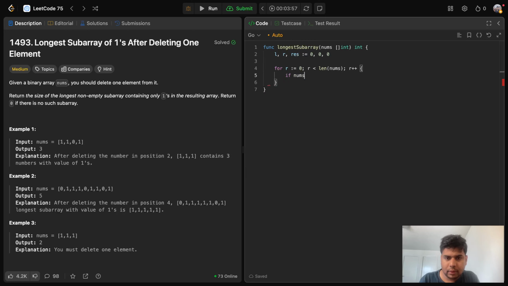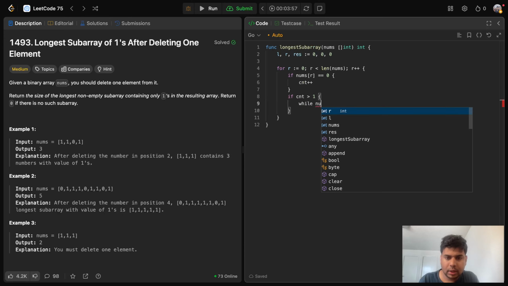If nums of R is equal to 0, increment the count, and then if count becomes greater than 1, then while nums of L is not equal to 0,